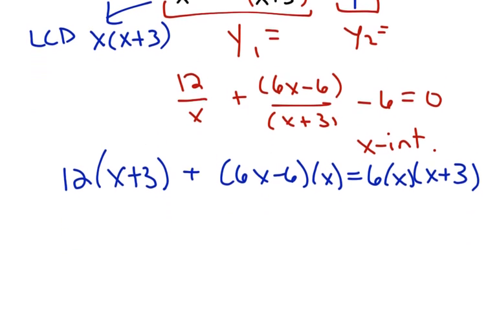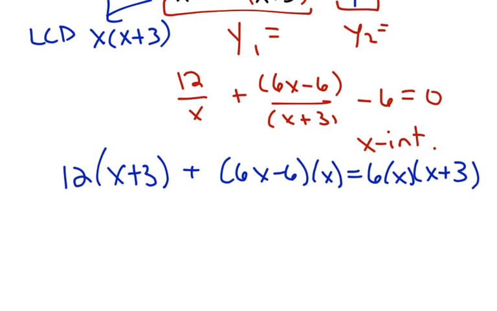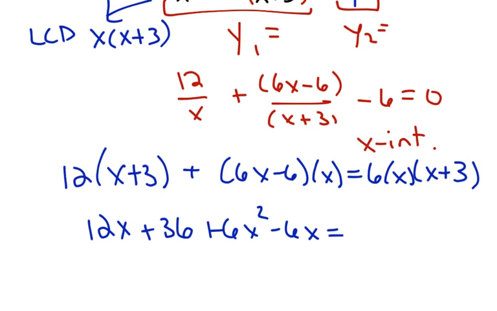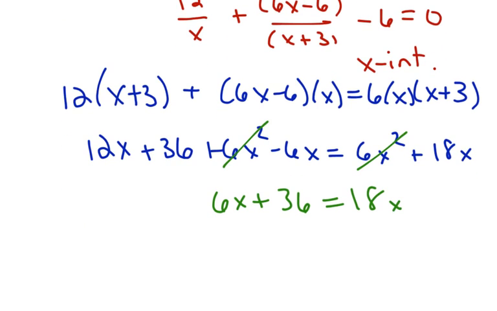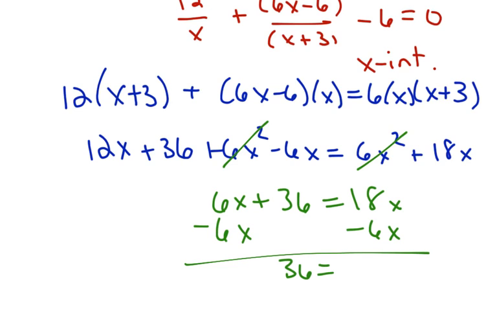Well, this is just a general run-of-the-mill algebra problem. It's long, but it's run-of-the-mill. 12x plus 36 plus 6x squared minus 6x is equal to 6x squared plus 18x. Well, the nice thing about this is when I go to solve, the 6x squareds are going to cancel. The left-hand side simplifies to 6x plus 36. I need to subtract 6x. I get 36 is equal to 12x, and x is going to equal